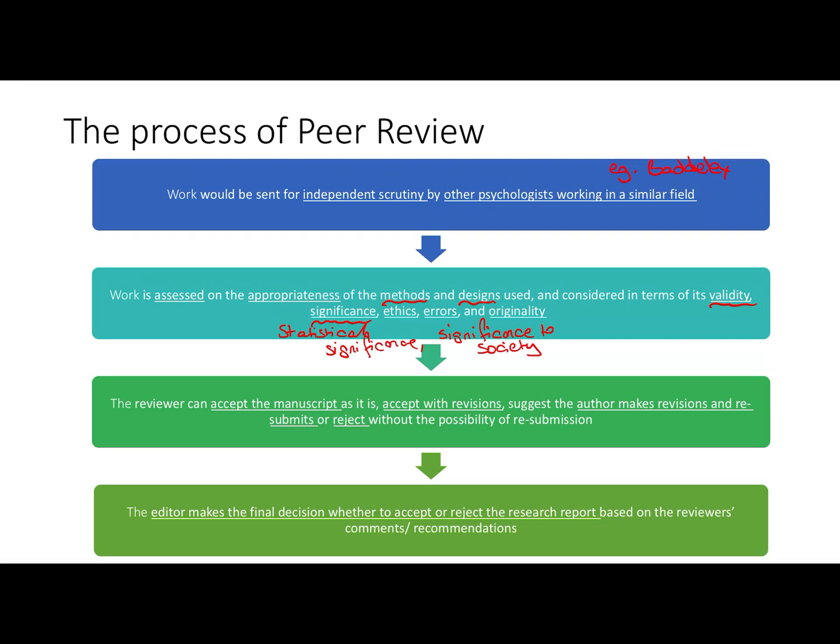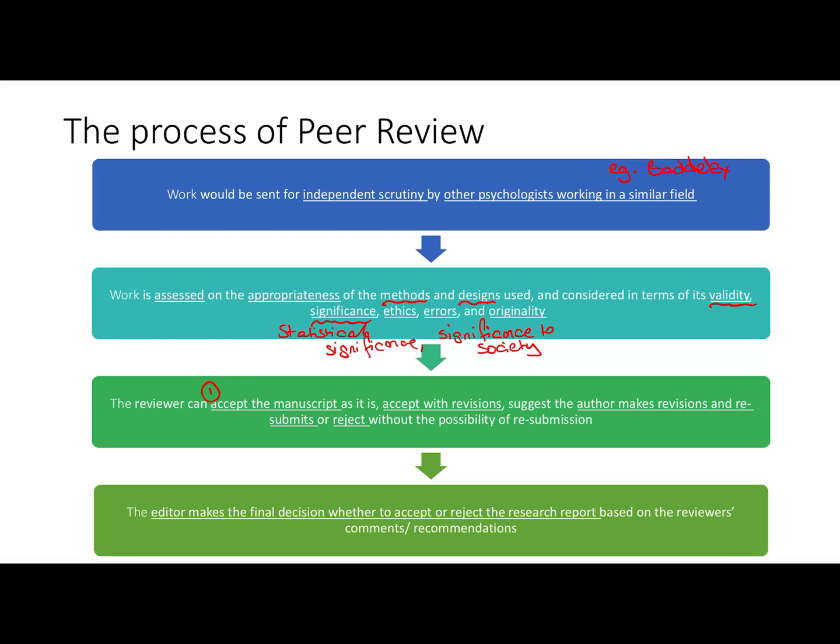We're going to assess the work based on its ethics, ensuring that all ethical principles were adhered to, any errors that might have been made, and its originality. We want to really push science forward, so we want to be publishing new work that is unseen. After that, after it has been sent to the reviewer and considered on all of these factors, the reviewer has a few options. It can either accept the manuscript, accept the work as it is. If it's perfect and it's significant and contains no errors, it's original, it's valid, it's appropriate,